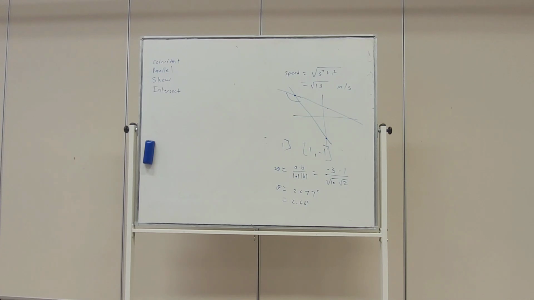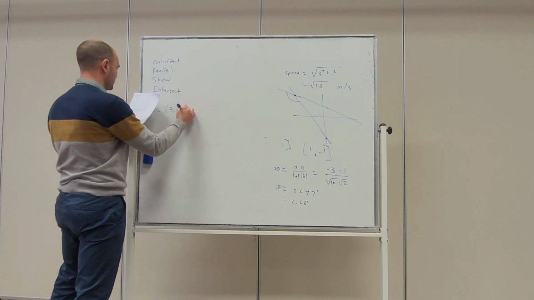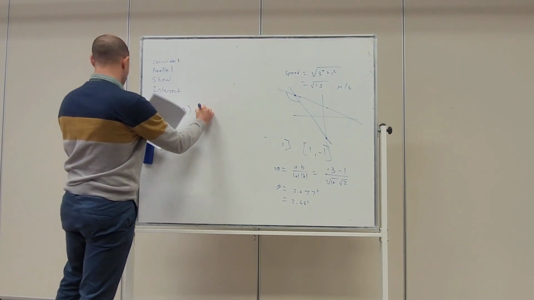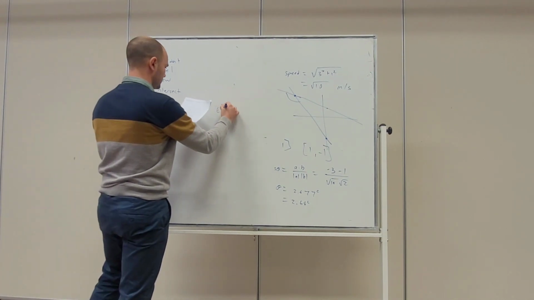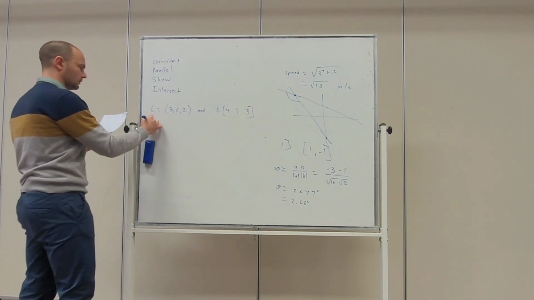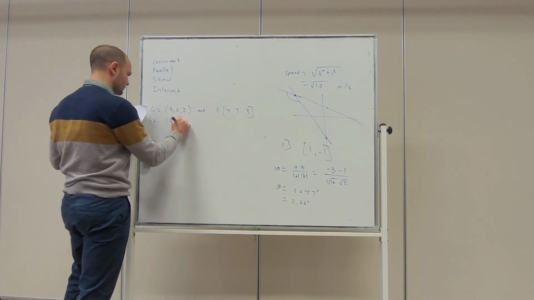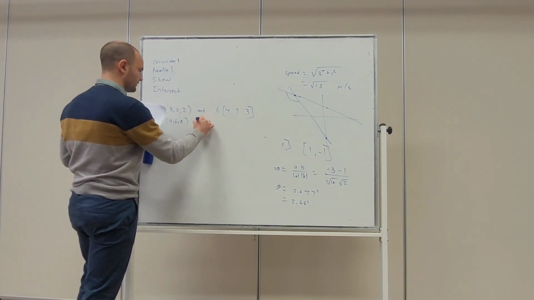So the lines that we've got: line 1 passes through the coordinate 3, 0, 2 and has direction vector 4, 7, 3. And we've got line 2 passes through 4, 6, 0 and has direction vector